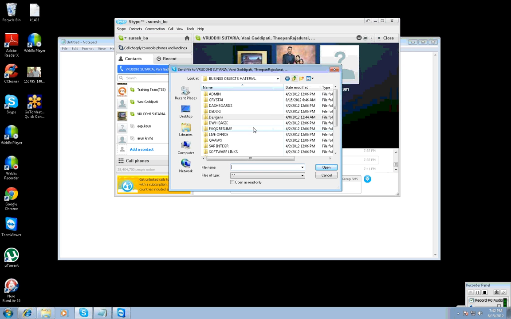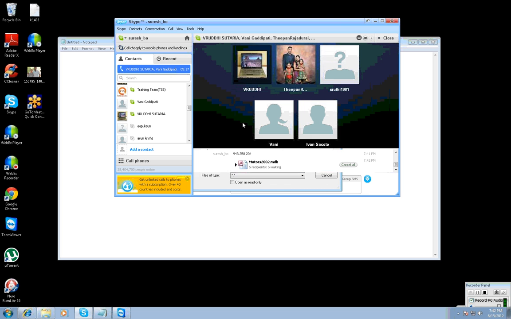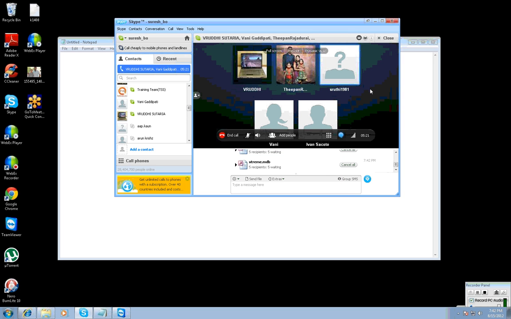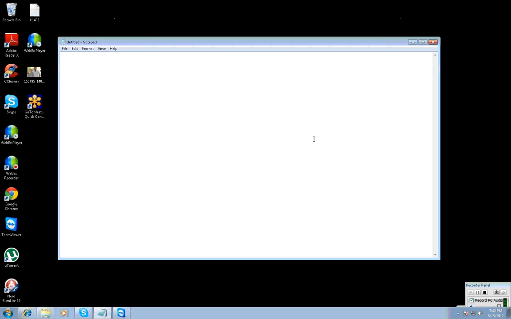If anybody doesn't have the MDB files, please save them now. Because for MDB files, we need to create an ODBC connection at your local VMware software level.